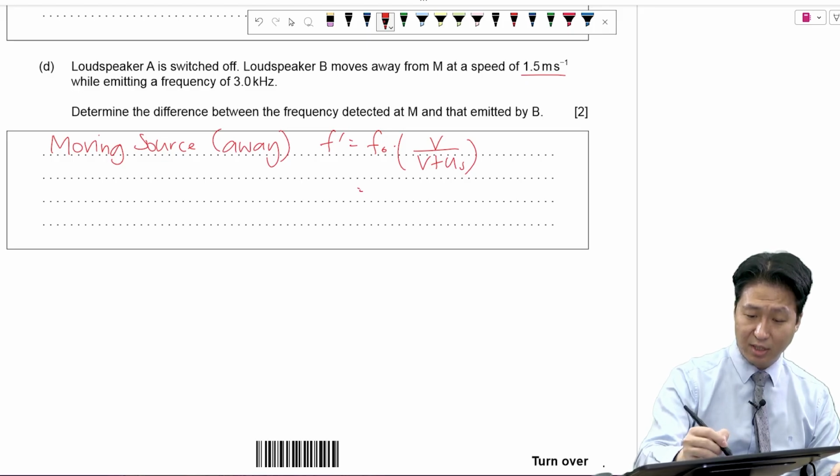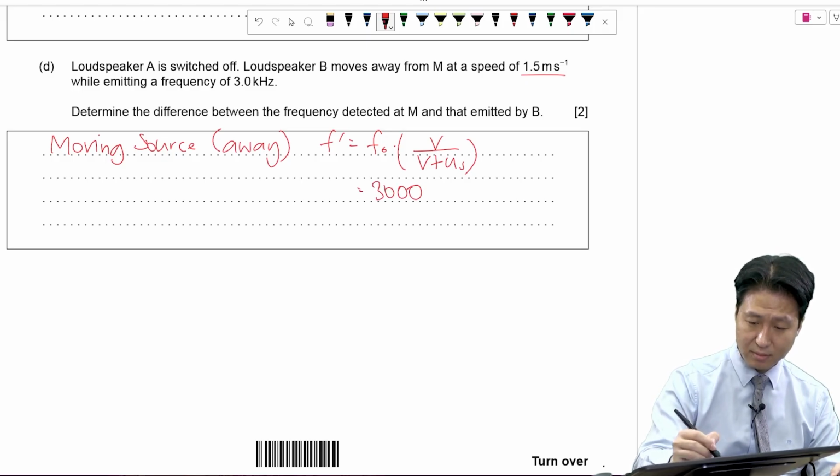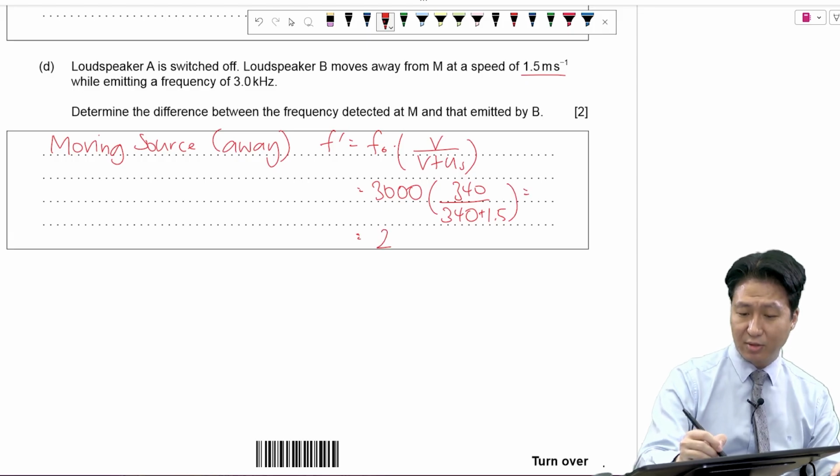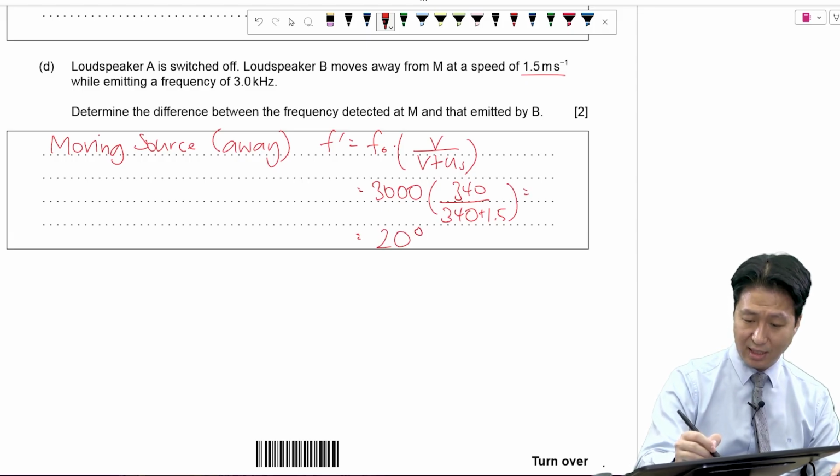If you use the numbers given, it's 3000 hertz times 340 over 340 plus 1.5. Gives us approximately 2987 hertz,